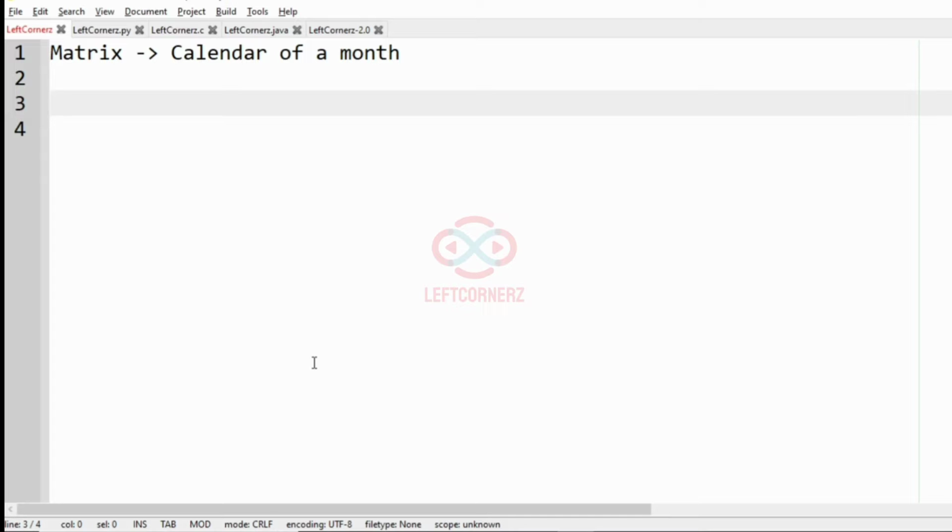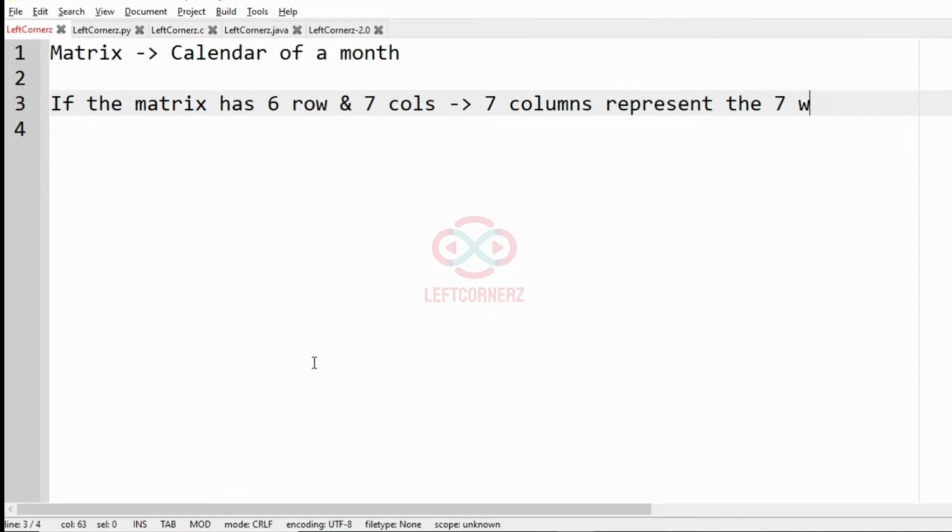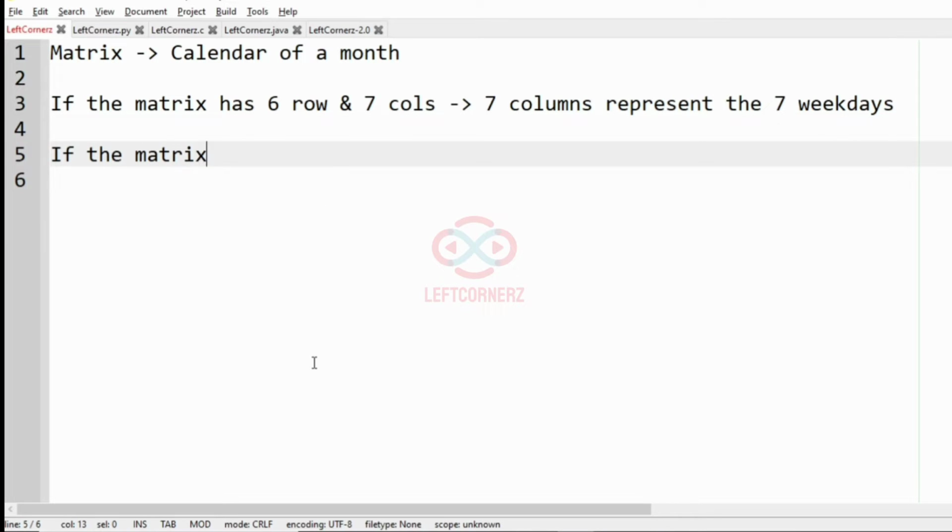If the matrix has 6 rows and 7 columns, then the 7 columns represent the 7 weekdays. If the matrix has 7 rows and 6 columns,